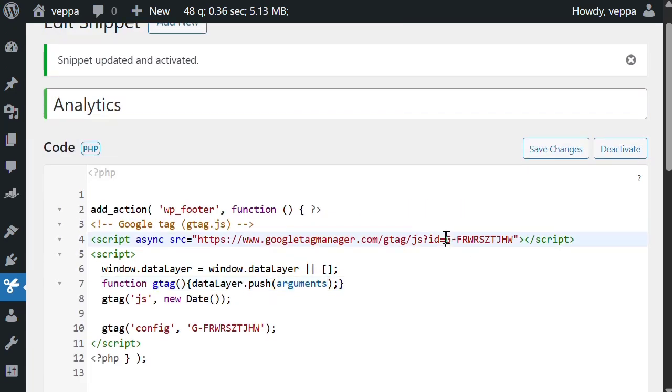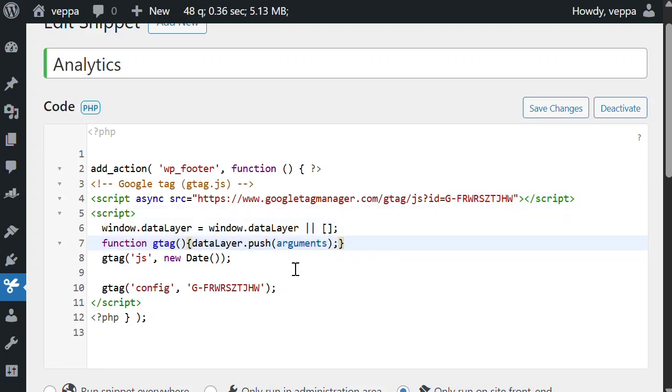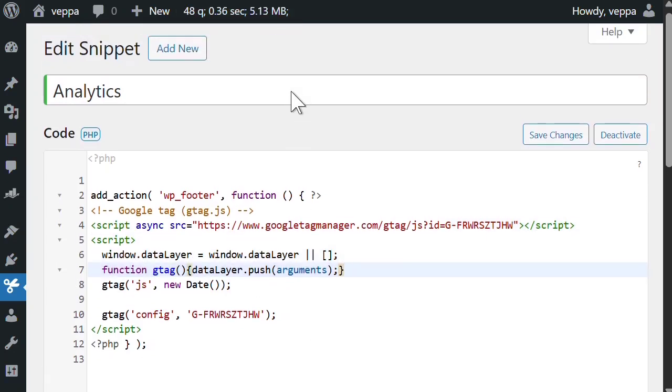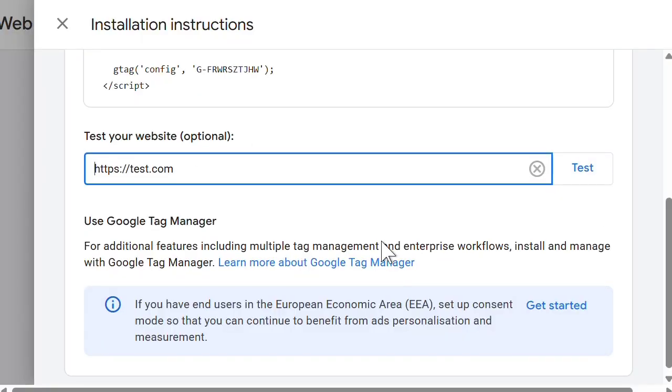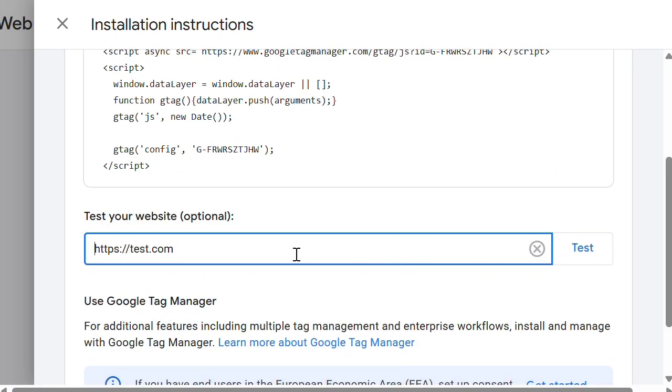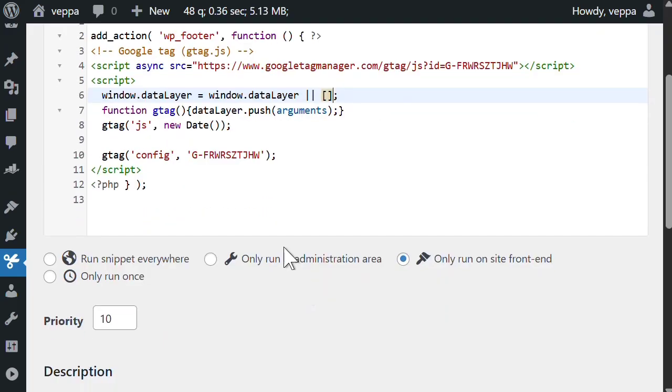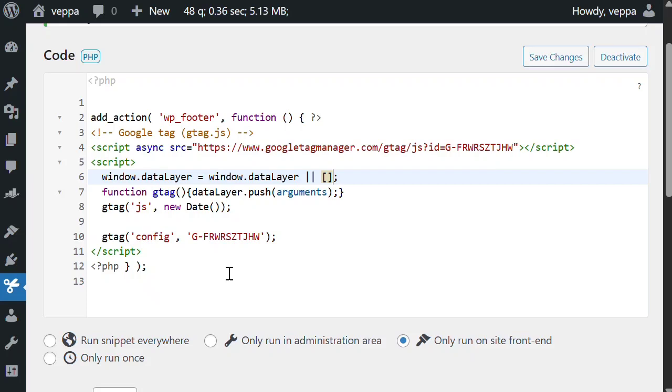Now this Google Analytics code is added to my website. Then after adding, I can click test and see if it works or not, if it gives okay or not. And this is the basic, default version of adding Google Analytics, but instead of hard coding,